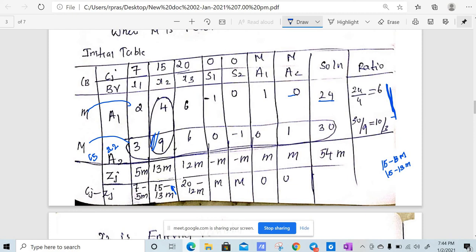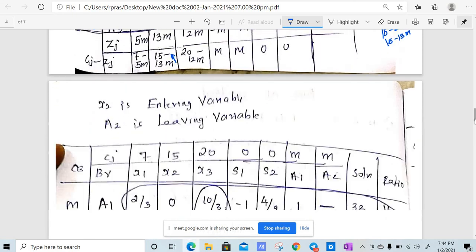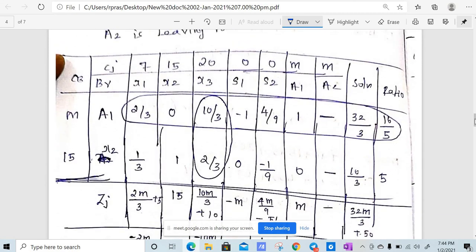So we have 3 by 9, 9 by 9, 6 by 9, 0, minus 1 by 9, 0, 1 by 9, 30 by 9. So this is the new row, and we need to make this element 0 with the help of this element. What is this element? After dividing by 9, this element is 1. That means we need to multiply this row by 4, and then we need to subtract. So 4 minus 4 times x2, right? Because x2 is our new variable. If we do that operation, old a2 row minus 4 times x2 row will give this row.